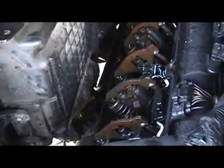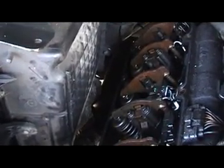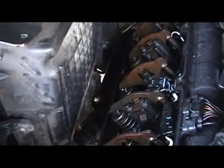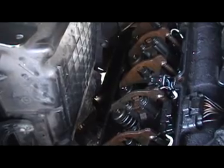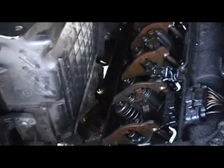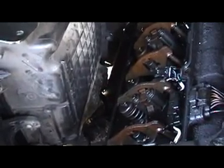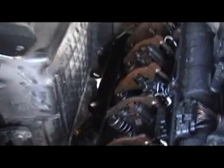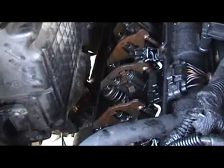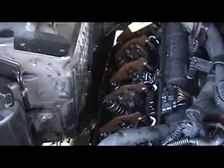Alright, decided to go ahead and come back the next day instead of setting up the lights, but what we're going to do is make sure whatever you do, you do not turn the key on. If you turn the key on, it will turn the fuel pump on, and it will flood the rail that's in your head, and with the injectors out, all that will go into your cylinders. Now right now you do have oil in your cylinders, and you also have fuel in your cylinders. So once we get these in, we're going to turn the motor over with the front pulley bolt and get all the liquid out of the cylinders